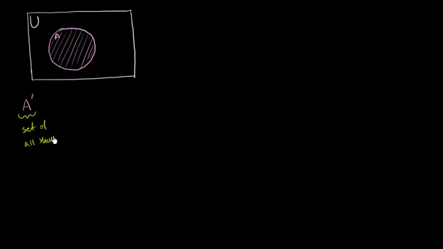And let's say you have a subset of that universal set, set A. And so set A literally contains everything that I have just shaded in. What we're going to talk about now is the idea of a complement, or the absolute complement of A. And the way you could think about this is the set of all things in the universe